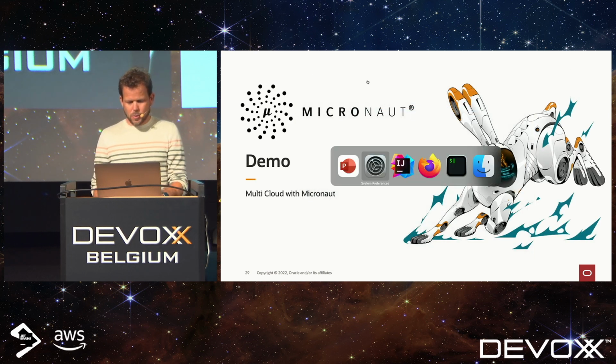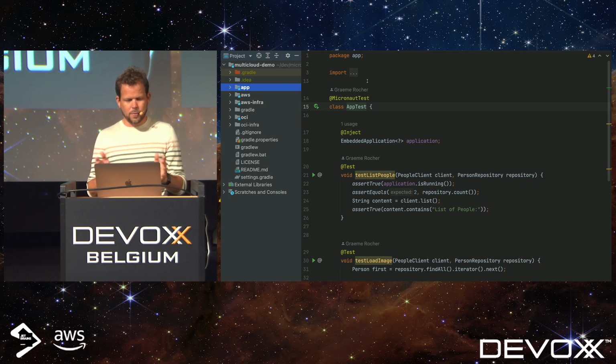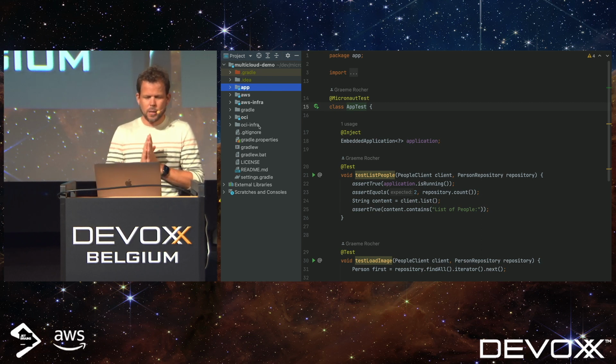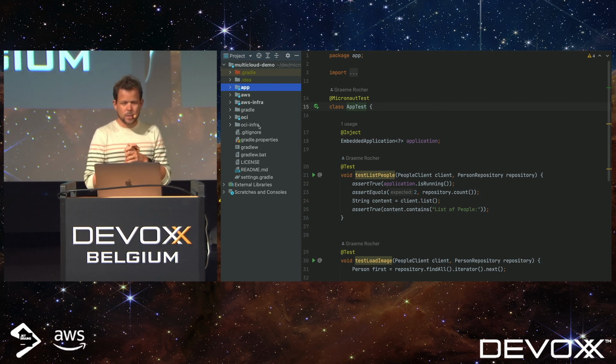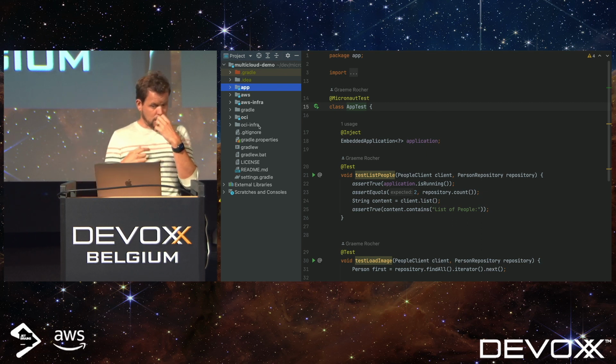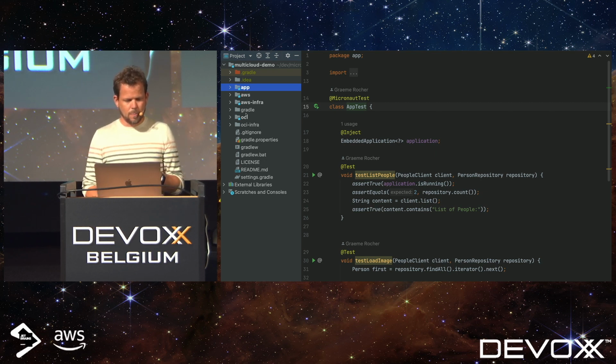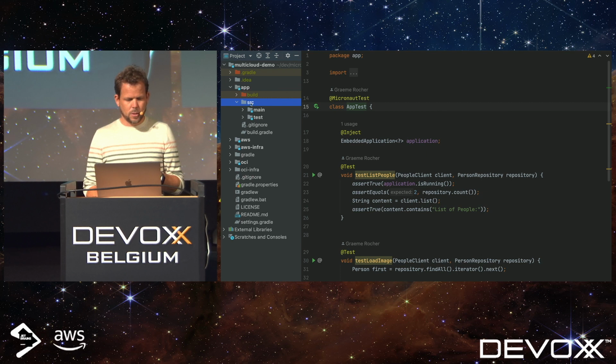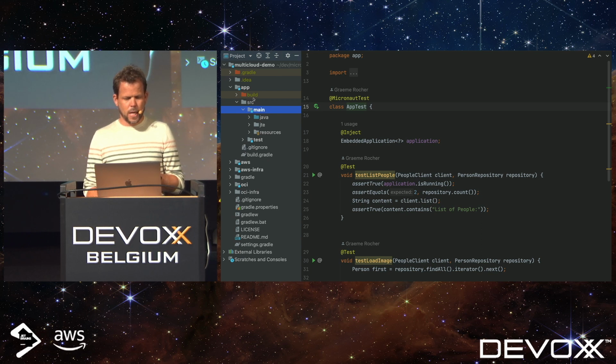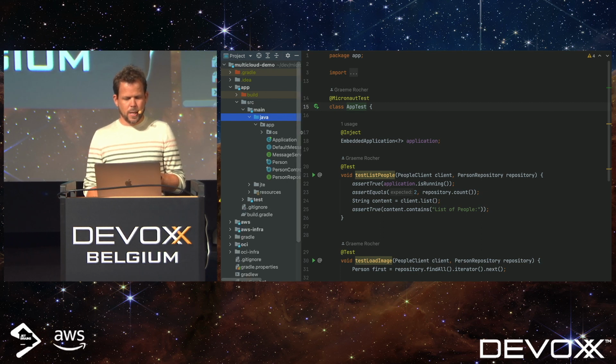Okay, so let's look at a demo. So over here, I have a Micronaut application, right? And it's structured in a very different way to a traditional Micronaut application, right? So this is what I mentioned when you start to think about multi-cloud development. Like, how do I build an application that is not coupled to a particular cloud? So here it's essentially a multi-project build. And over here I have my app directory with source main Java. And in here I have my application